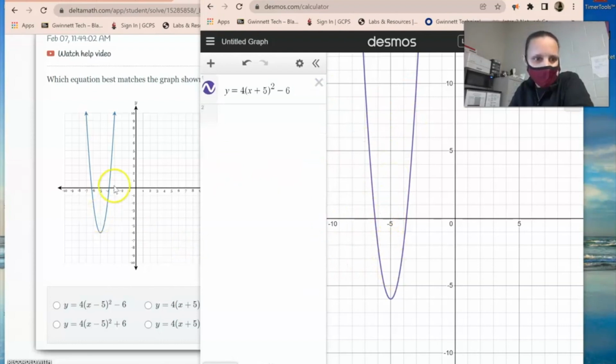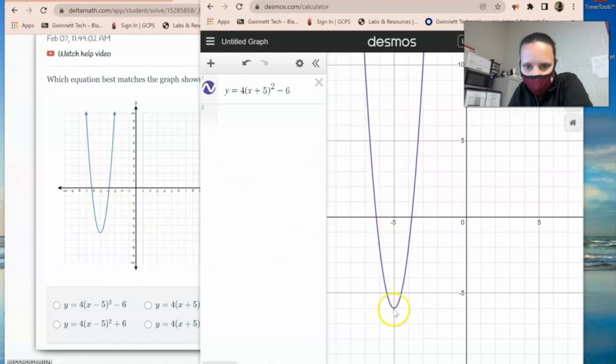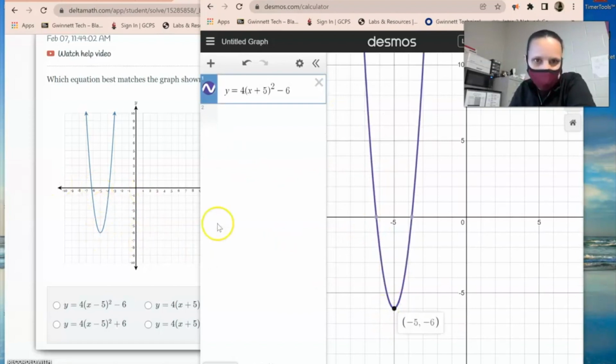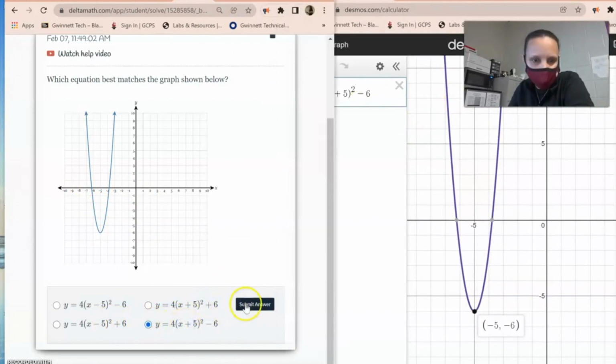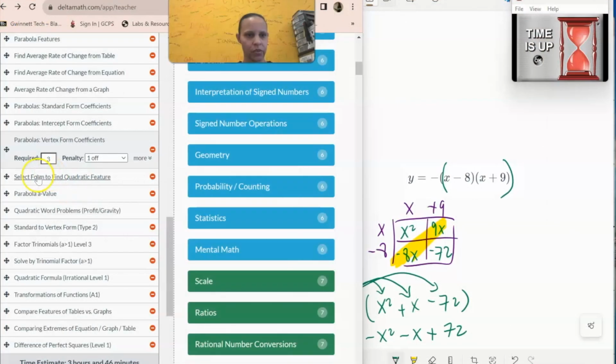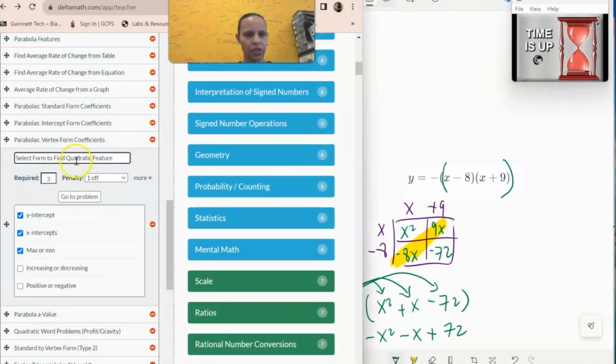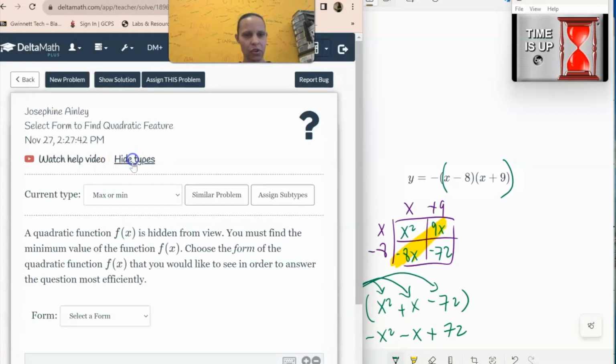Okay, so again, if that doesn't work, you can look at the intercepts. You can look at the vertex, so you can make sure -5, -6. You can go through all of those. So it's the one with the -6 and 4 in front, x +5. That's this one. All right, so we're going to take a look at select form to find the quadratic feature. And of course, all of these things that we can find. So I'm going to focus on